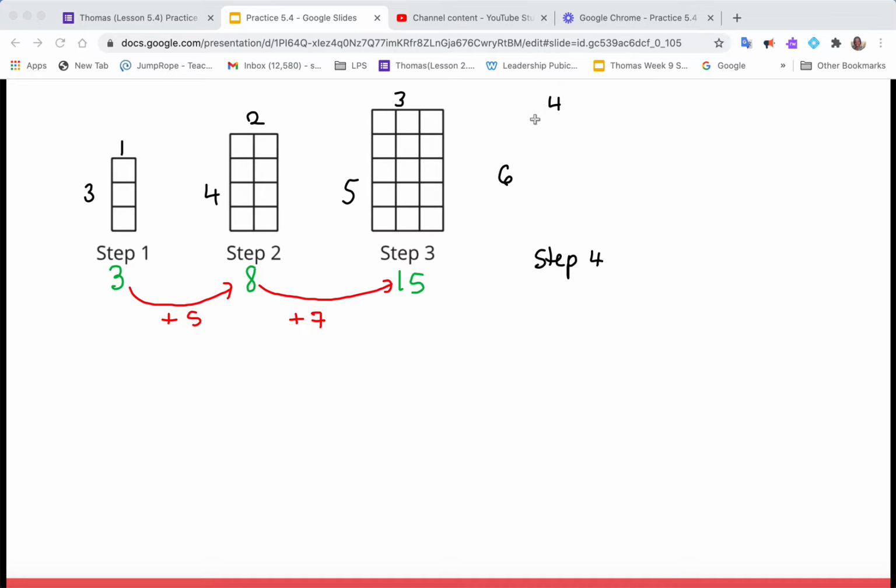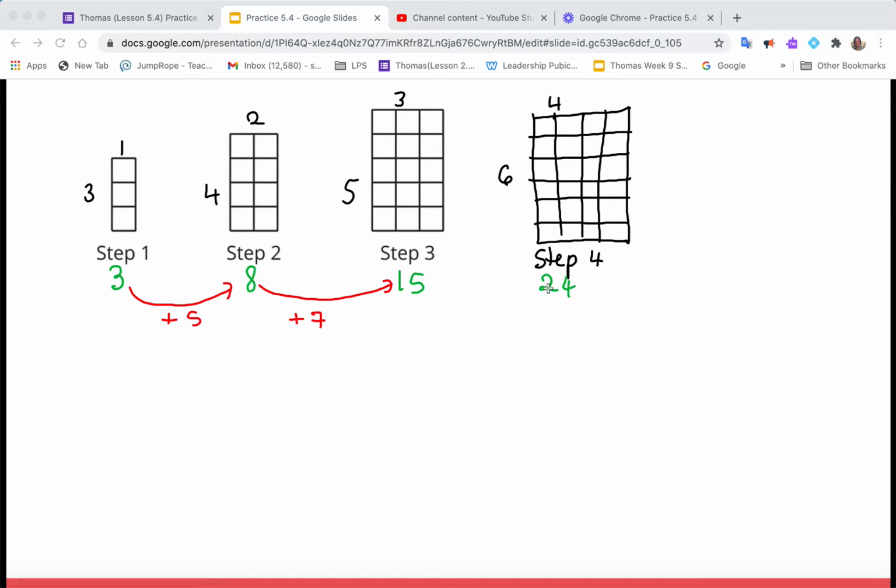So when I draw my pattern, I should have 4 columns and 6 rows. So that's my 4 columns. And here I'm going to do my 6 rows. All right. So 6 times 4, I know that is going to give me 24